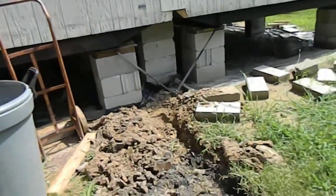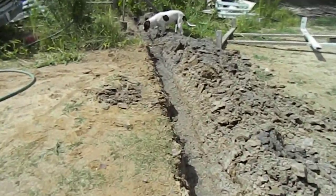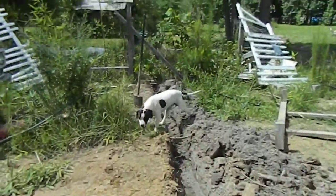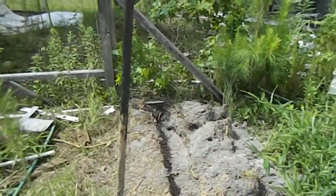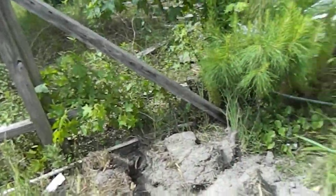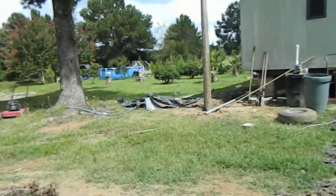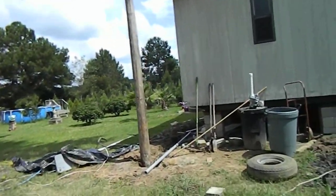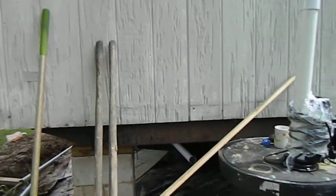This is my trench for my water line. I'll be running a 3/4 PVC through this trench I dug today through my road to a water pipe that brings water to the backyard. I'm just going to tie in there. There's my water source. My power source is about hooked up,